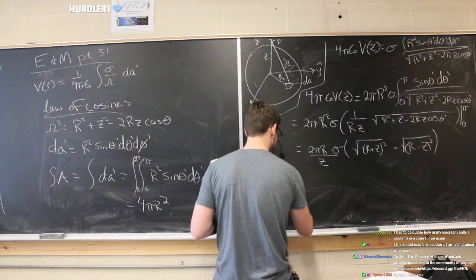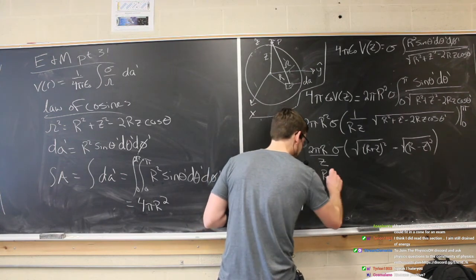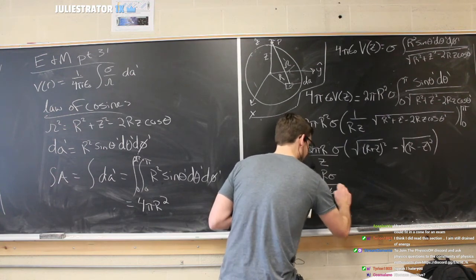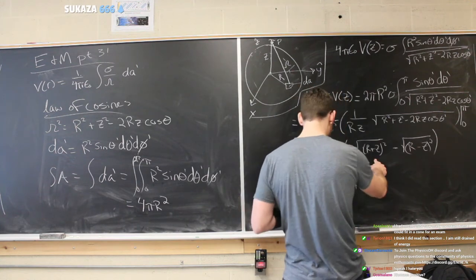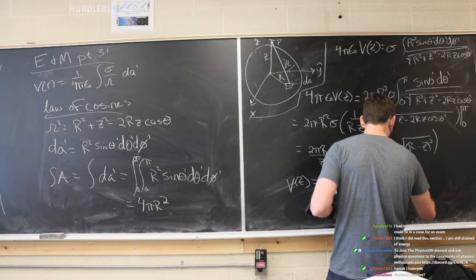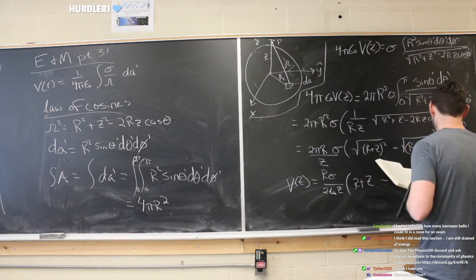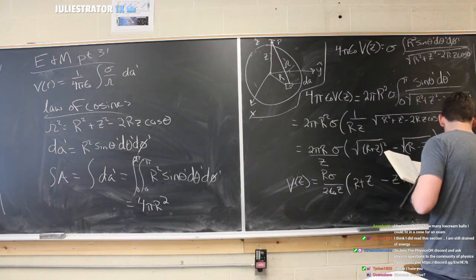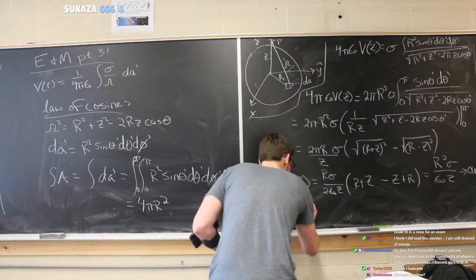So for outside the sphere, we get r sigma divided by 2 epsilon naught z times r plus z for this one, and for this one it's z minus r, so it's minus z plus r, because we've got to distribute that minus sign through, and this answer becomes r squared sigma divided by epsilon naught z, and again this is for out. Okay, now we're going to get one for in too.